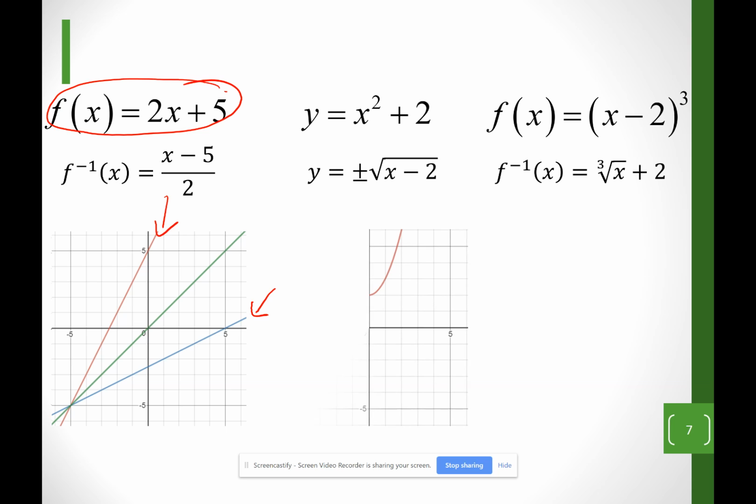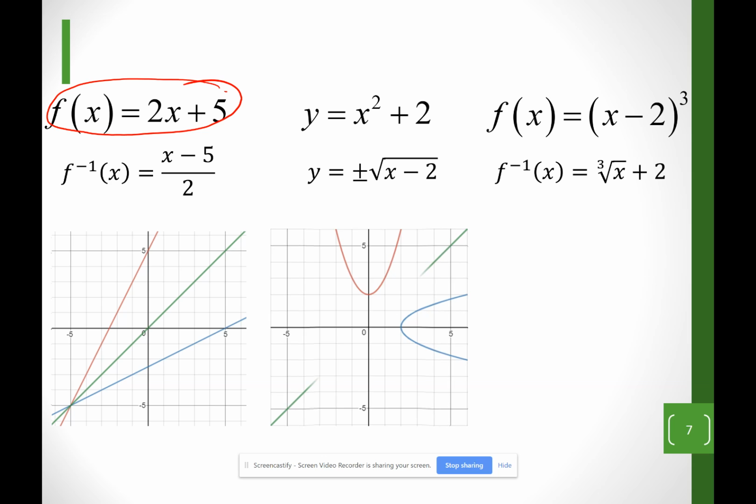Now, looking at the second example, x squared plus 2, it looks like that. If I do the positive or negative square root of x minus 2, it looks like that. If I was to do the y equals x line,